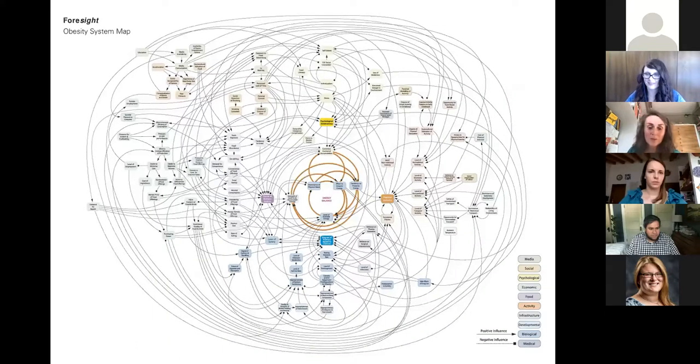But these problems, when you come into real world policy domains, have extremely complicated structure. So this is a systems map, a map of elements and causal connections of a public health problem of obesity. This was done by the UK government's Foresight team. And you can see in the center, you have the sort of classic energy balance, metabolism model of obesity.